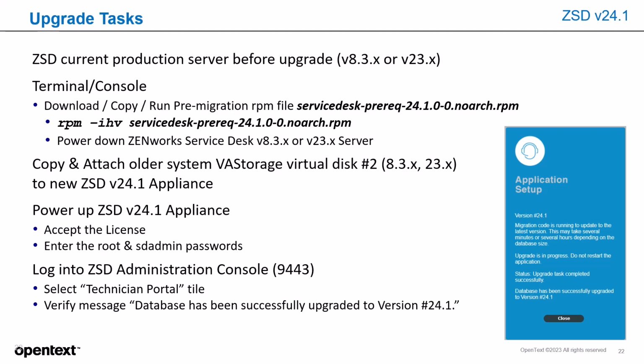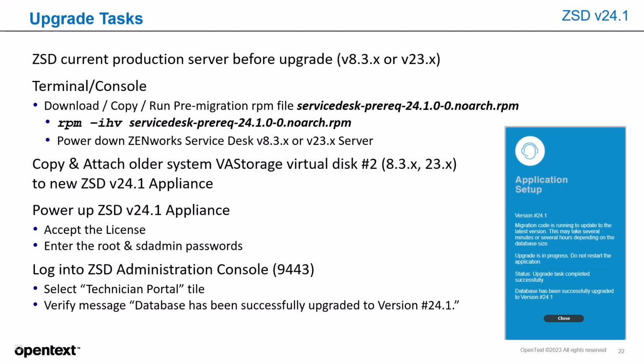You're going to go ahead and power down the ZENworks Service Desk production server. You're going to copy that VA storage second disk drive to the new 24.1 appliance. You're going to power up the 24.1 appliance. There'll be 2 pages that the wizard will stop at, accepting the license and entering the root and SDadmin passwords. After that, it should go through and complete the migration, assuming the identity of your old production server onto the